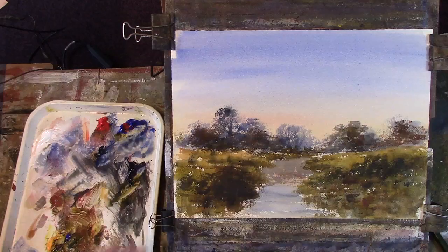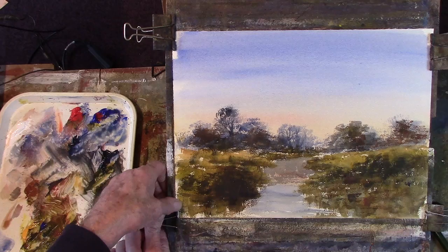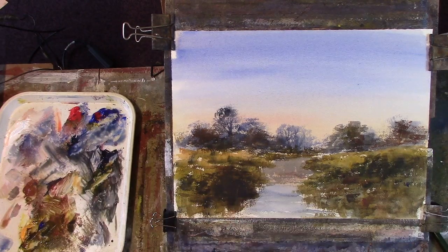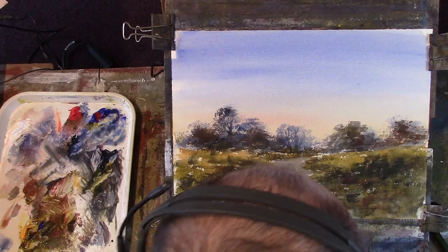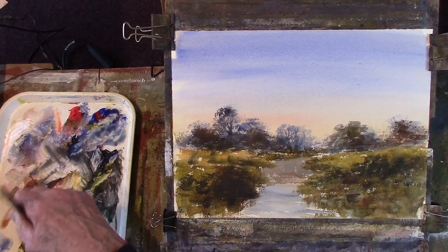Shrink the paper. Paper's getting quite stiff now because it's got this acrylic on it. It's not a watercolour, but it behaves like watercolour when it's wet and not used too thickly. Alright, okay, let's get some nice